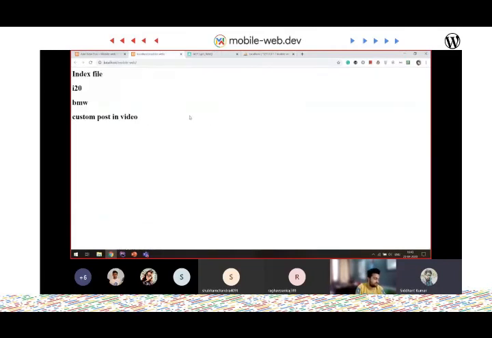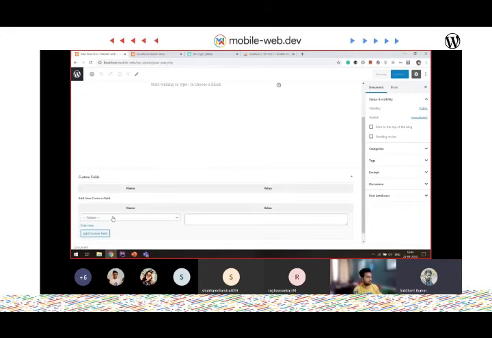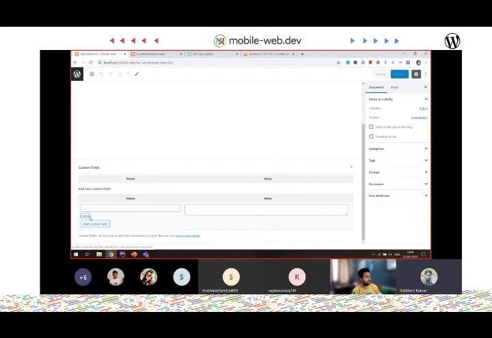Let's see. Going here, create a custom field, add another custom field. Enter a new name, like custom_one, and a value. This name is the key by which you query this custom field.